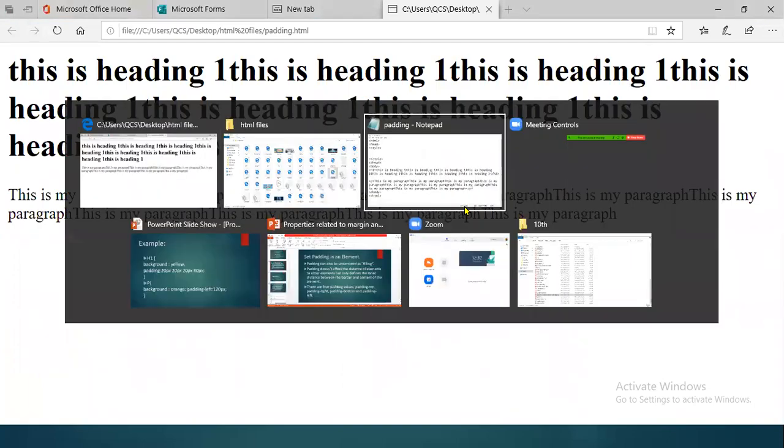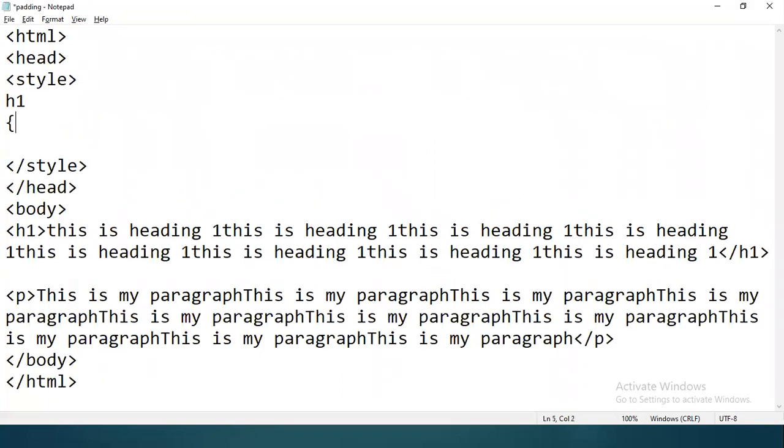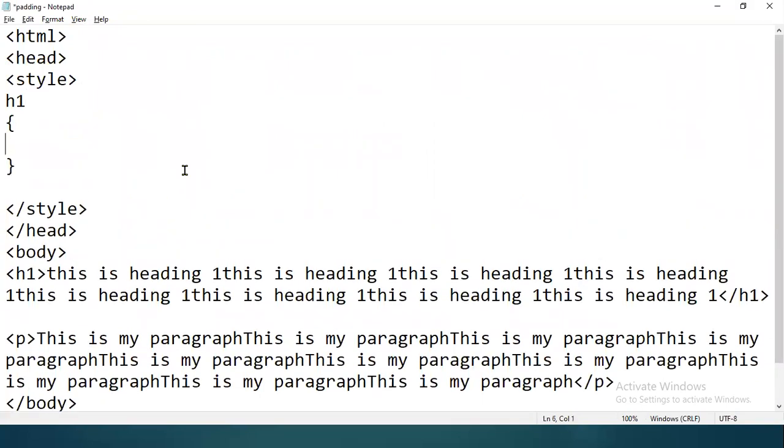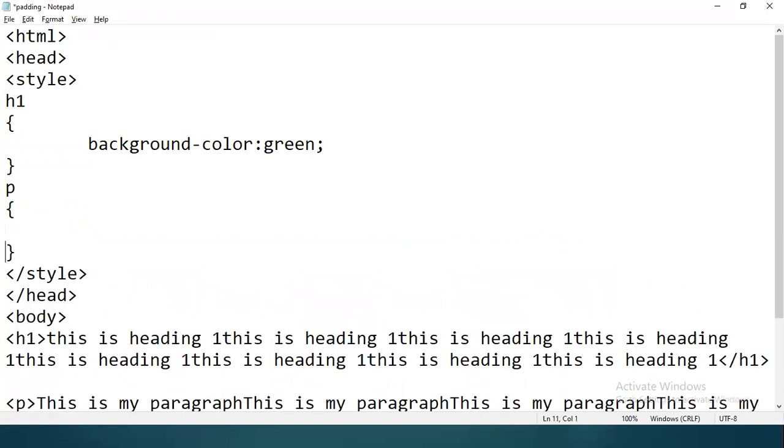Now what I want is, first of all, I wanted to define the background color for the H1 tag as well as for the P tag. So here I'll define background color as green. For the P tag, I wanted to define the background color as yellow.